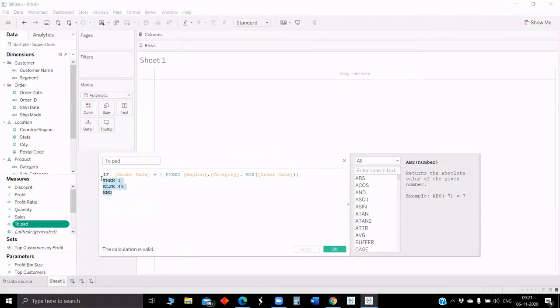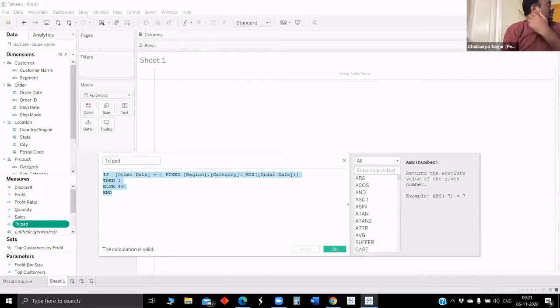This actually gives us the length of the curve, the curve whichever you are seeing in between. Basically, what this does is, for each row, so by region, by category, you get the minimum order date.